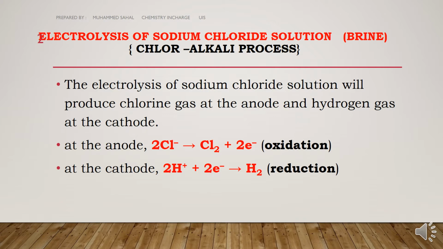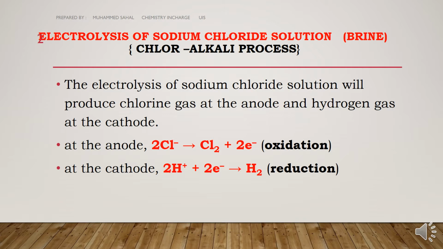As I mentioned already, electrolysis of sodium chloride solution produces three products: chlorine, sodium hydroxide and hydrogen. One of the products is chlorine and the other product is sodium hydroxide, that is an alkali. So this process is termed the chloralkali process. This process is considered economically important because all three products have a large number of uses. These uses we will discuss at the end.